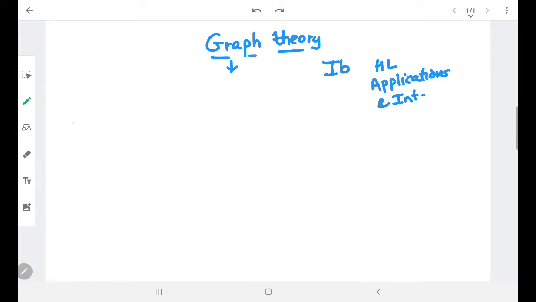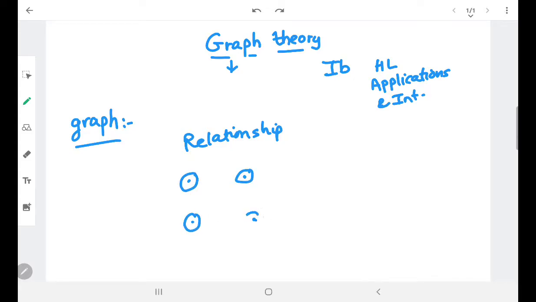So the first definition is of the graph itself. What is a graph? Now I will try to make this definition clear in two different ways. If I'm talking in a general way, a graph is basically a structure which shows a relationship between the things of interest. You can take an example of a family. Suppose there are 4 members, so they are the points of interest. And what is the relationship between them? That will be given by these lines.